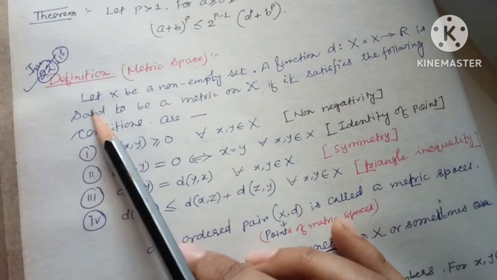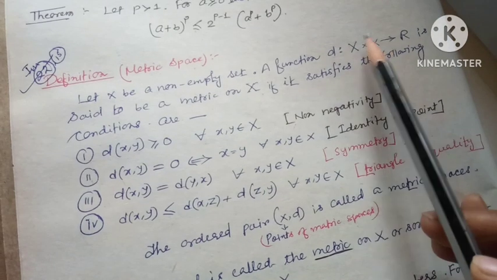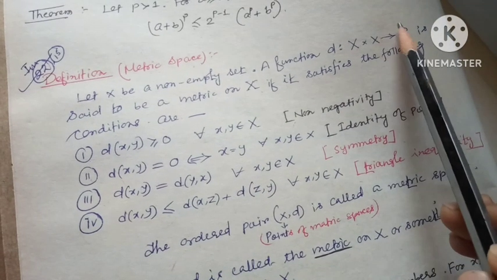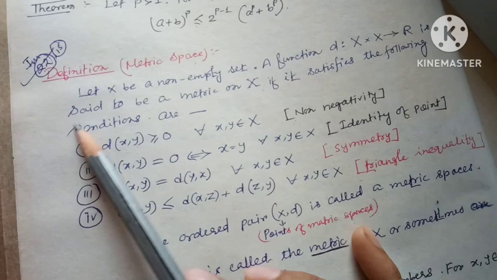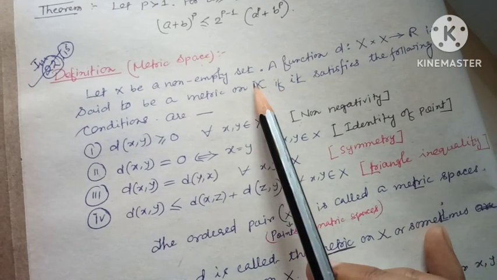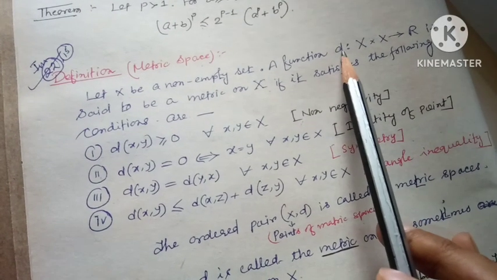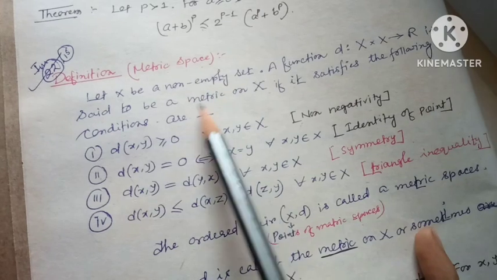Non-empty set হ'ব লাগিব, এটা ফাংশন মেপ কৰিছে X cross X ৰ পৰা R লৈ, is said to be a metric on X. যেতিয়া X to metric space হ'ব, function d distance d ৰ ক্ষেত্ৰত, তেনেহলে এই চাৰিটা আমাৰ কন্ডিশন ফলো কৰিব লাগিব।